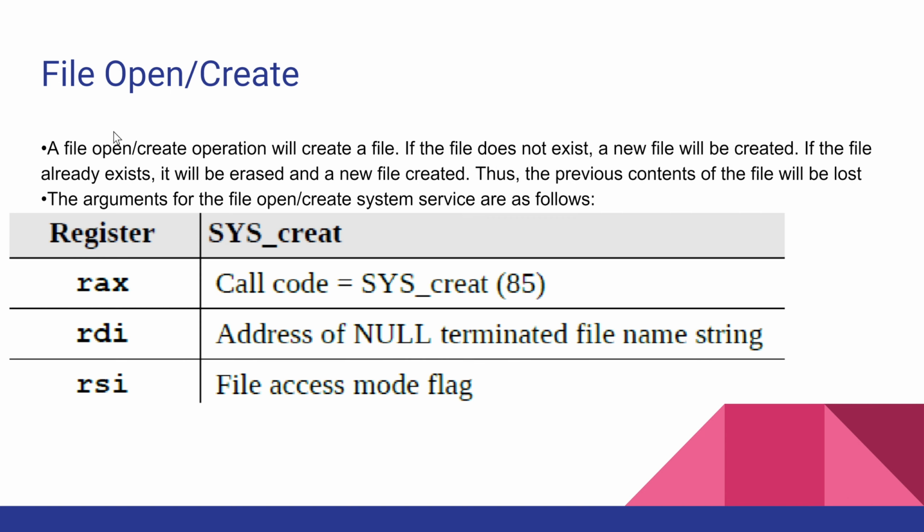File open create. A file open create will create a file. If the file does not exist, a new file will be created. If the file already existed, it will be erased and a new file created. Thus the previous content of the file will be lost. Arguments for the file open system create are as follows. RAX